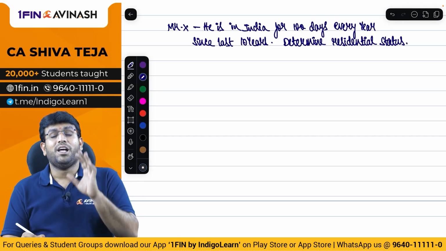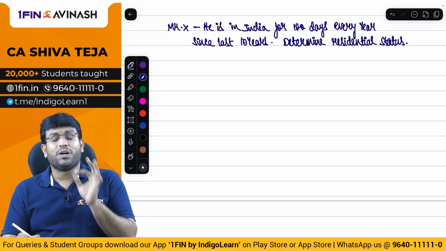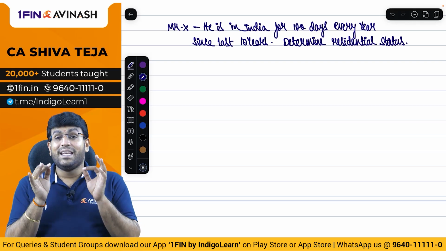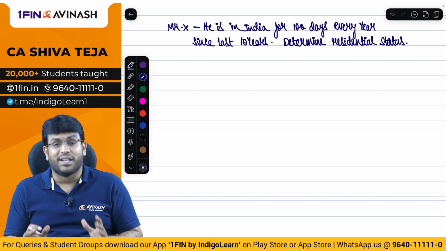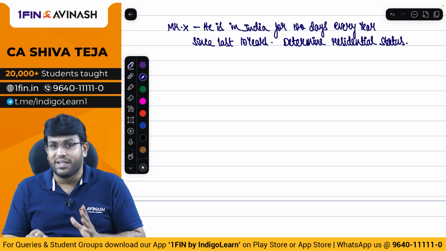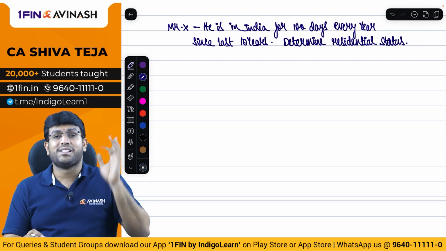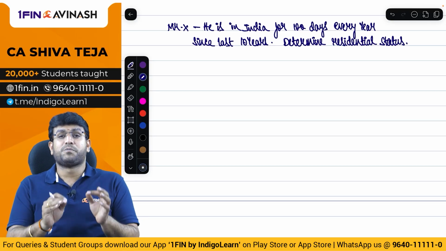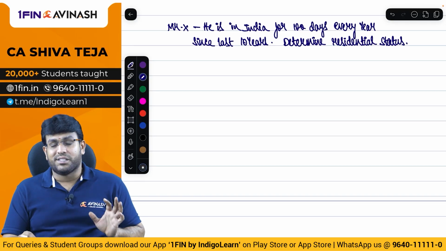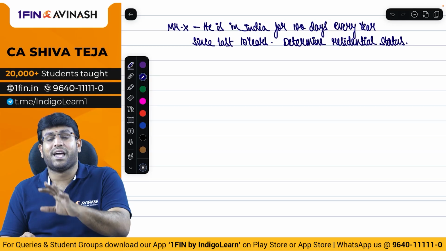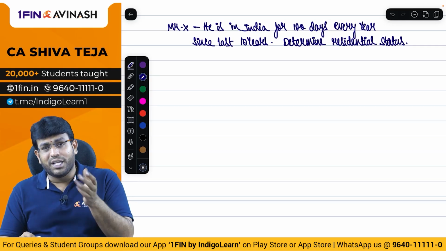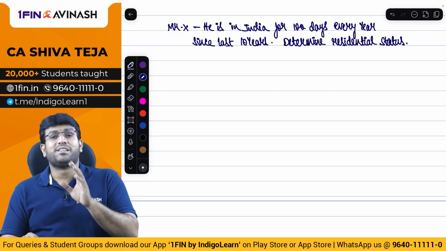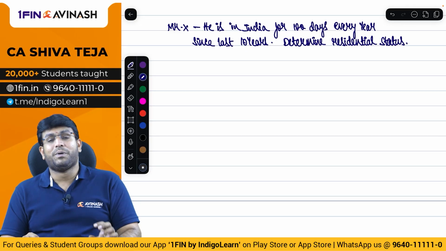Before you start doing it, first and foremost important question. In the question, did they say he is an Indian citizen? Answer is no. And unless the question says he is an Indian citizen, I already told you this point very clearly, don't assume that person is an Indian citizen. Question must specifically tell you that he is an Indian citizen. If not, don't assume that he is an Indian citizen. And if he is not an Indian citizen, and if he is not a person of Indian origin, that special case of 6(3), 6(4), 6(5) will not come into picture.